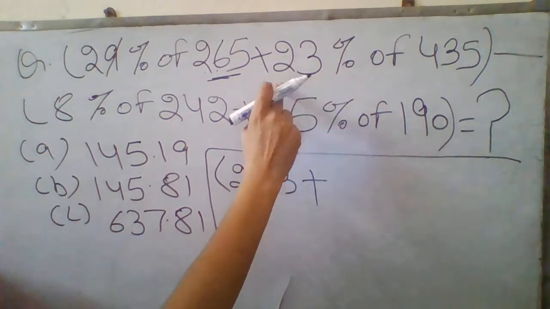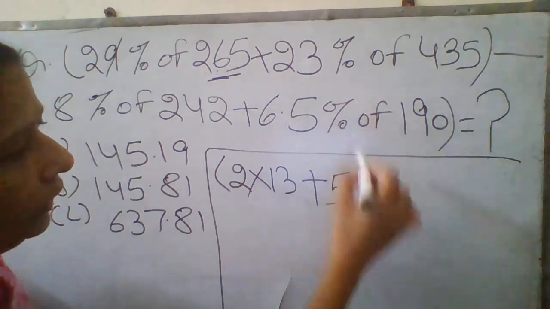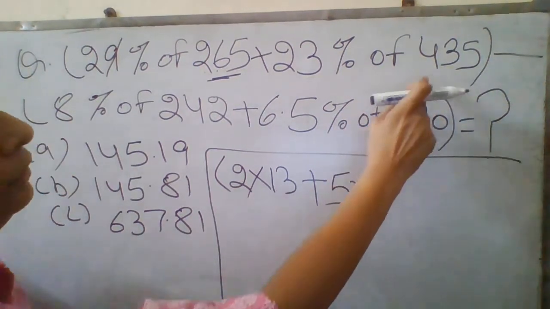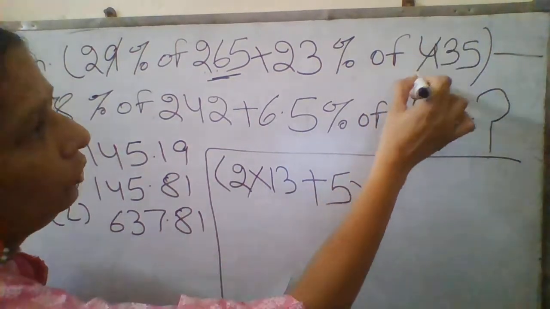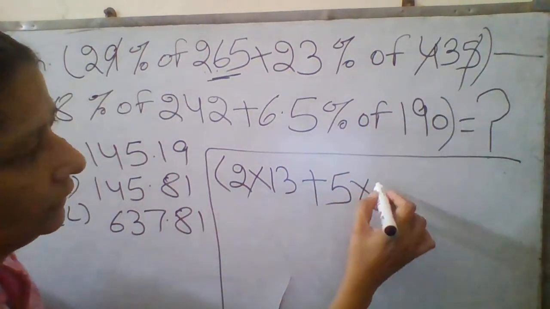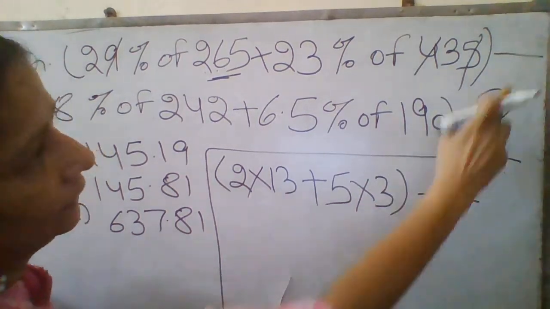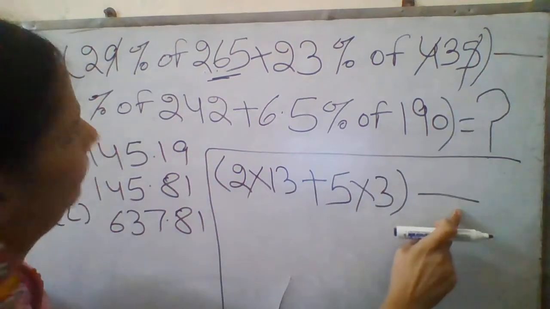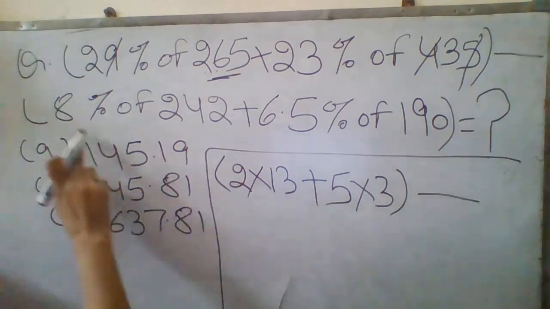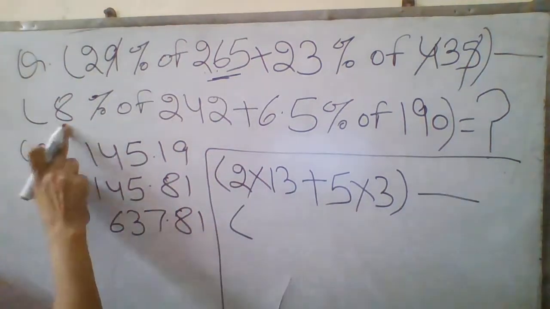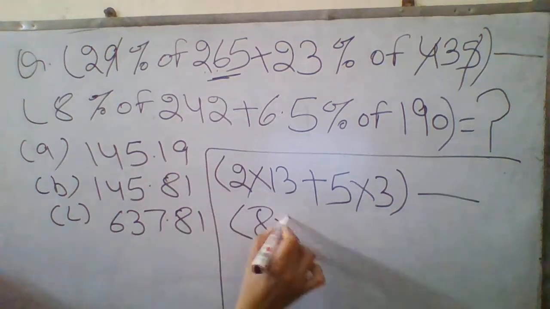23%, ignore the percentage. 2 plus 3 is equal to 5, of 435, multiply. Now you find out the DR of 435. 4 plus 5 is 9, so this is equal, 3 is left, so you write down 3 here. Now minus, because this minus sign is here, so I am going to write down the sign of minus here. Minus, see this is also in bracket, so bracket here 8, okay, ignore percentage, of means multiplication.